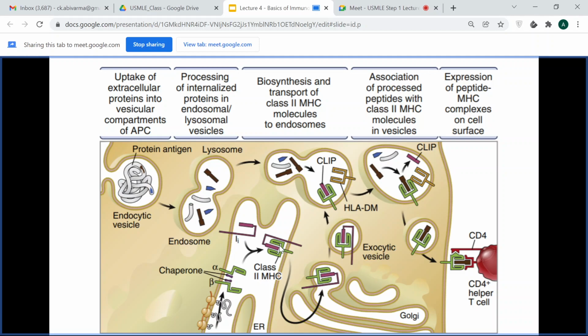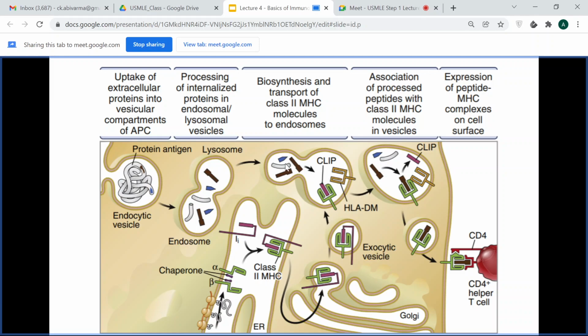You have it in the endoplasmic reticulum, and then it goes to the Golgi for packaging and post-translational modifications. And once that happens, this vesicle pinches off the Golgi apparatus and joins with the phagolysosome. In the phagolysosome, we know it's an acidic environment, and that environment and maybe some of the enzymes, hydrolases within the lysosome, cause the release of this invariant chain. This placeholder comes off, and now it's an active MHC molecule that is ready to